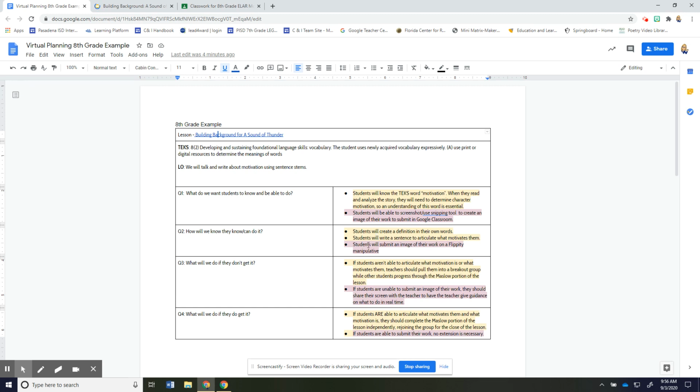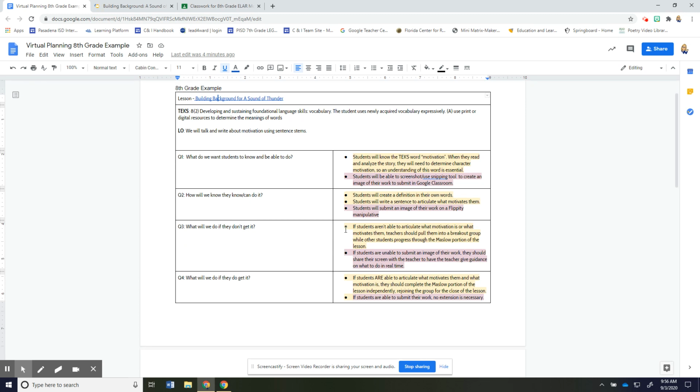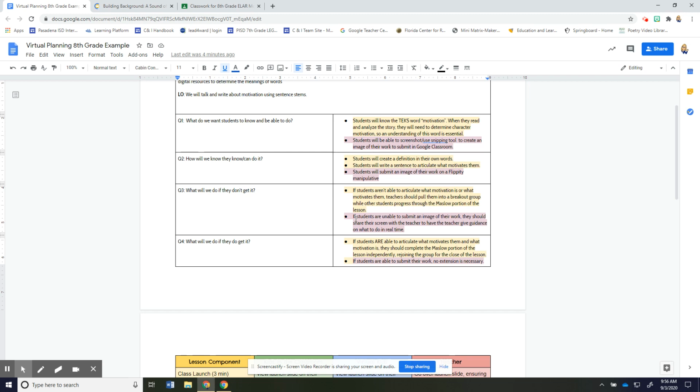And then I'm going to know they can use the Flippity tool if they can successfully submit an image of their work. These 2 yellow ones I'm going to check throughout the learning. This will come at the end, and I may have to reteach the following day or in a later lesson. If they're not able to articulate what motivation is or what motivates them, there's a point in the lesson where I could pull them while kids who do get it work independently on a slide deck. And then if they're unable to submit an image of the work,